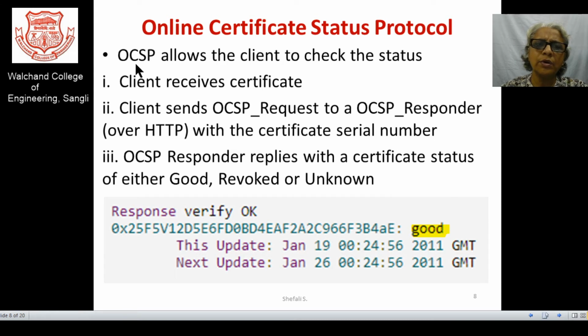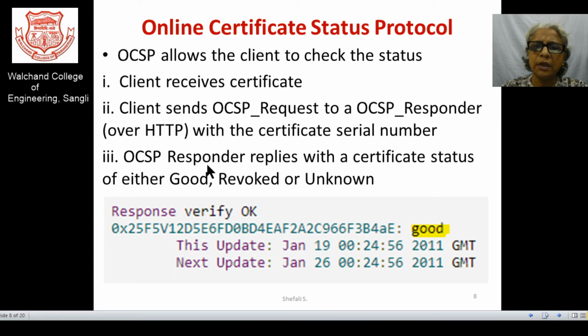So OCSP allows the client to check the status of the certificate revocation list in a way that there are certain steps for the process. Again, those steps are sequential. The client receives the certificate, the client sends a request, and the responder, of course your CA, can issue the response. Of course, it can be carried out through secure HTTP.